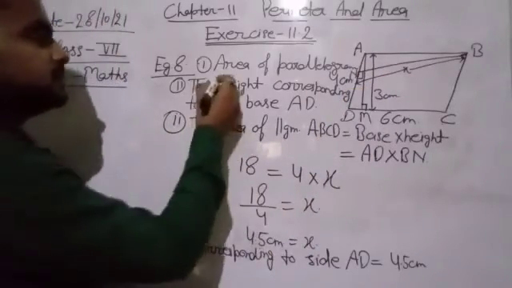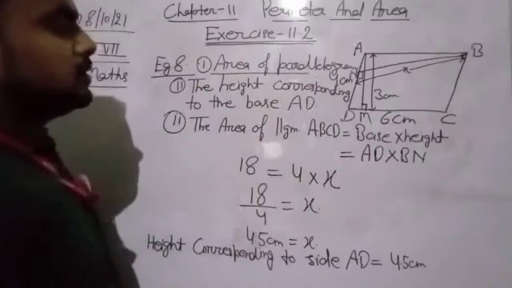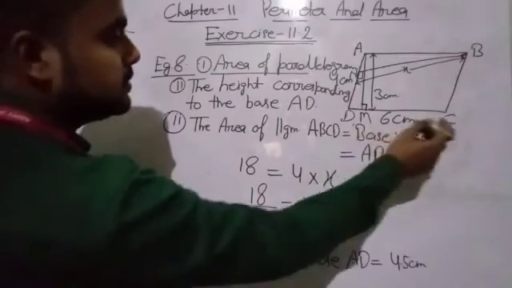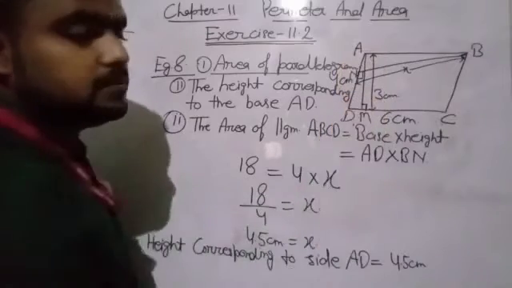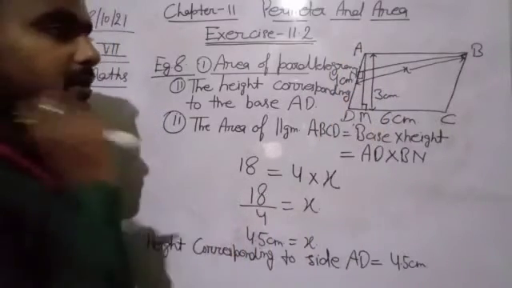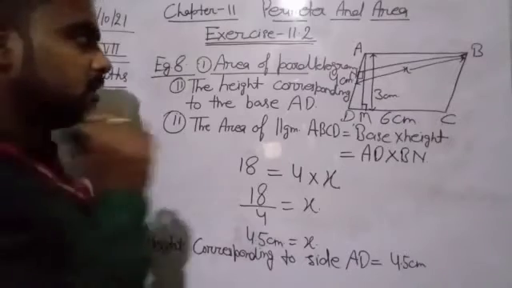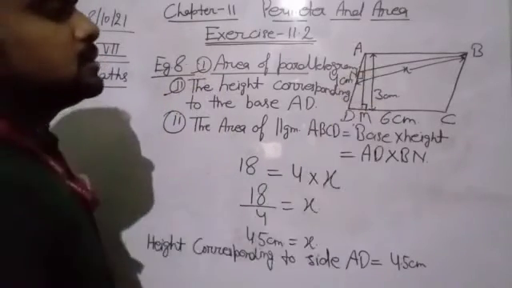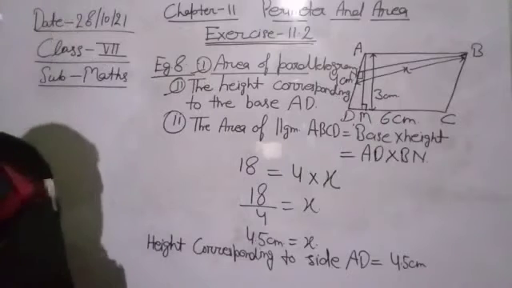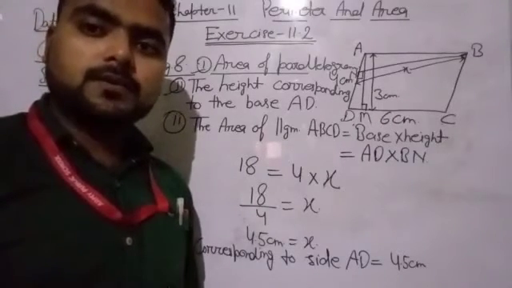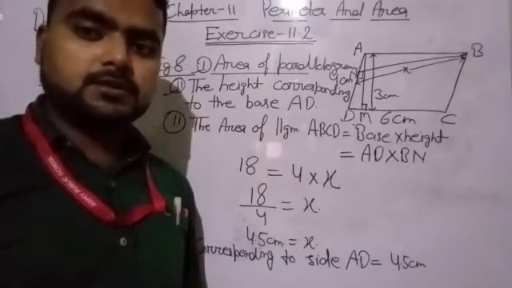So for the first part, that is area of parallelogram, we use the formula base into height. If the base is DC, then height is AM corresponding to it. So 6 into 3 is 18 centimeter square, and in both the conditions the parallelogram ABCD is not changed. It is same. So the area of parallelogram ABCD is also same.